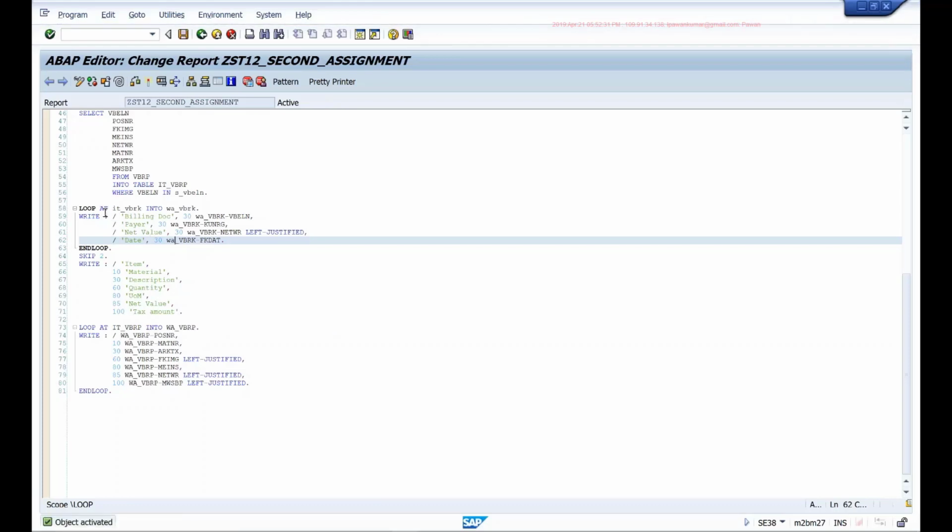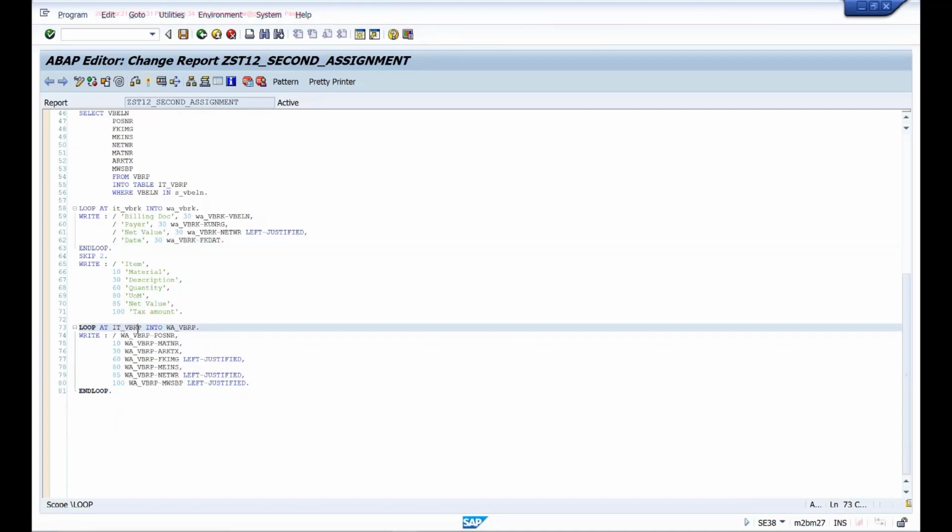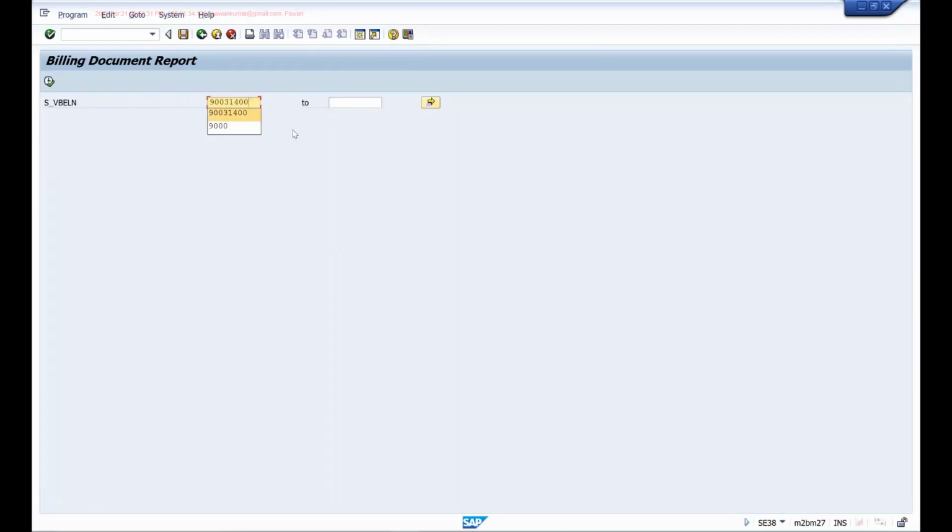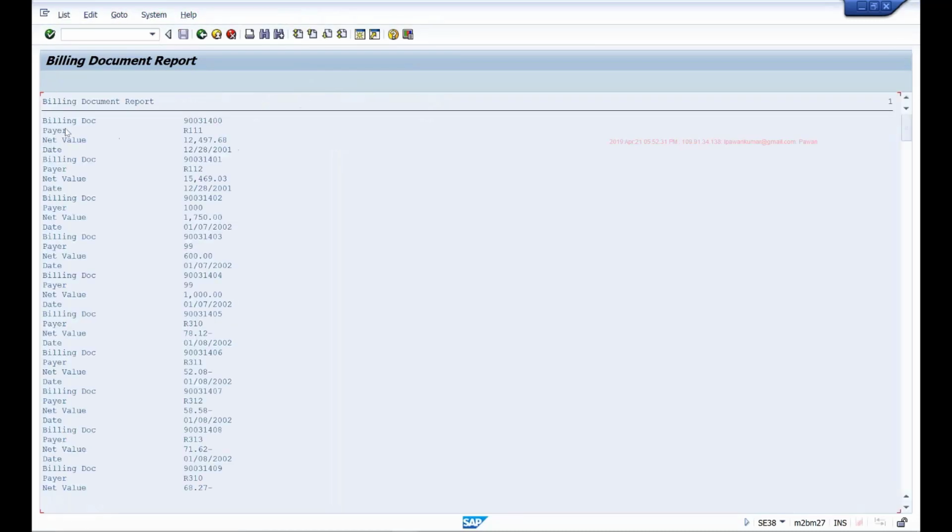So if I do this, for example, first I'm processing the IT_VBRK loop, printing all the headers, and then I'm processing IT_VBRP and printing all the items, then the output will look something like this. It is printing the header 400 document, 401 document, then 402 document, then 403, 404, 405.